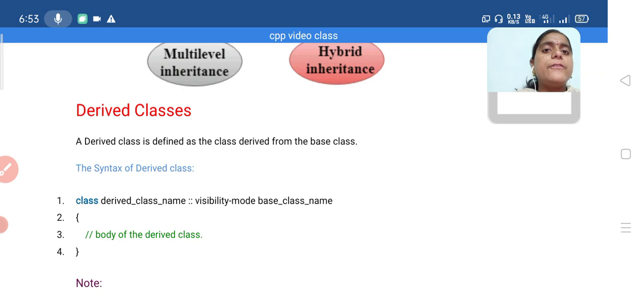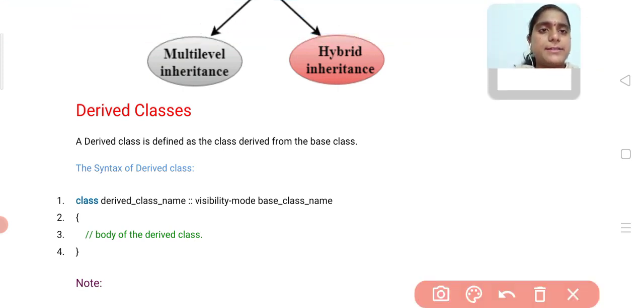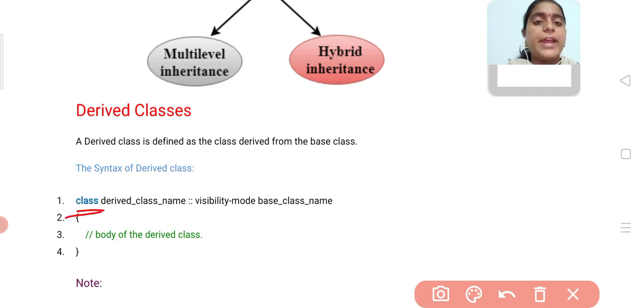Then how can we derive a class? Suppose we have one parent class, and we create one child class and derive the properties from that parent class. To create the child class we have to follow this syntax for the derived class. First we write the keyword class, then the derived class name, then a colon, and the visibility mode.